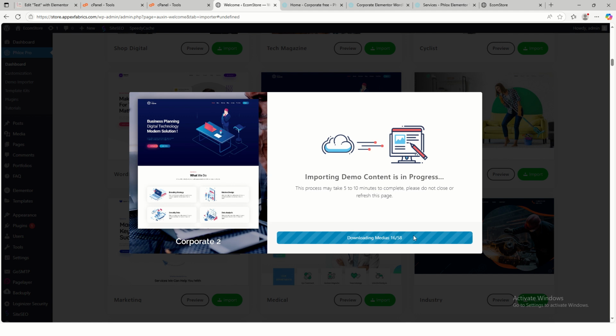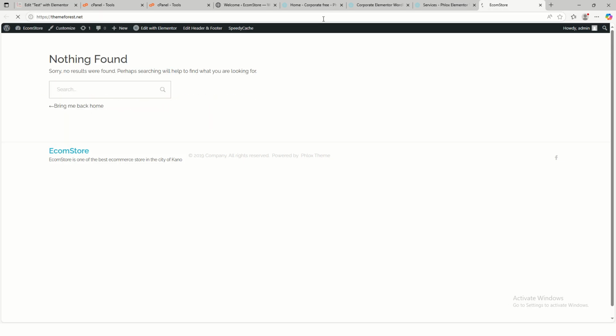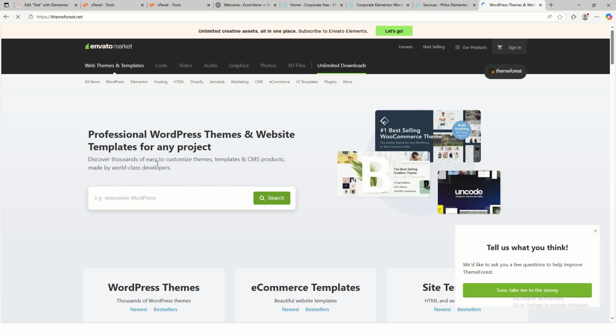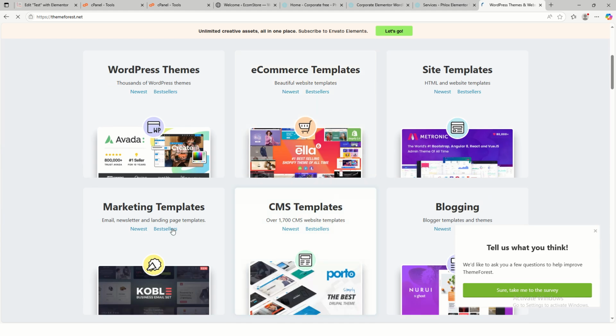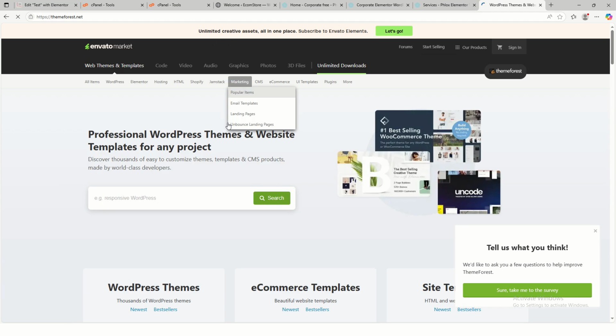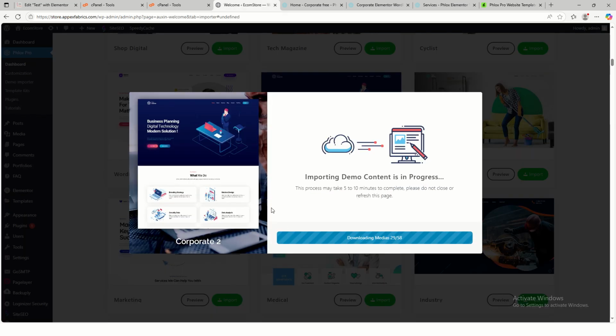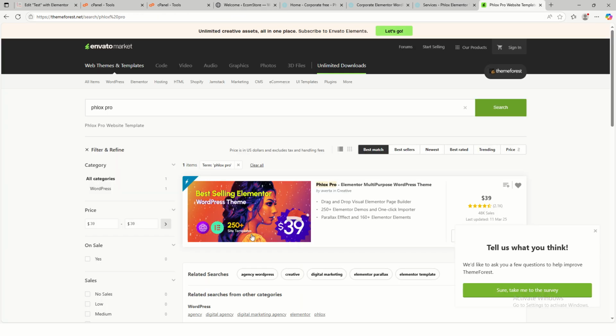Don't worry, I'm going to show you how to get this Flux Pro theme. In case you want to buy this theme, it's readily available on, let's see, Team Forest. If you go to teamforest.net, this is where you can purchase any theme you're looking for. All right, so you can see there are a lot of themes here. But then let's search for this particular theme that we're working with, which is Flux Pro. If I click on search, this is the particular theme we're working on. This is it here on Team Forest. So if I click on it,